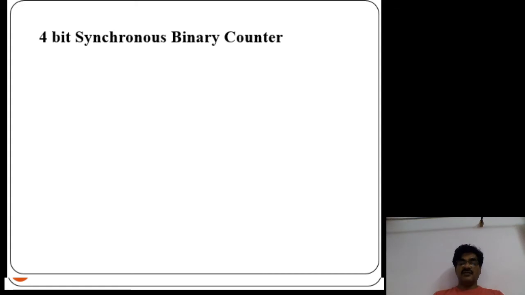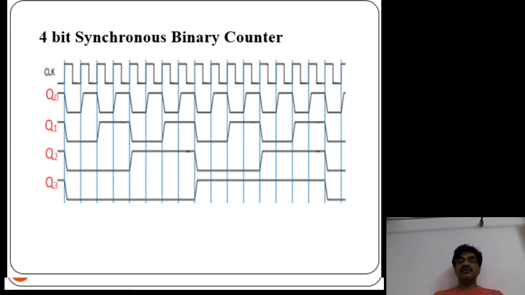Let us see the timing diagram of this synchronous 4-bit binary counter. If you observe here, the flip-flop Q0 changes its output for every clock pulse, right? Whereas the other flip-flops in positions Q1, Q2 and Q3 change their value when their lower flip-flops are at logic 1.